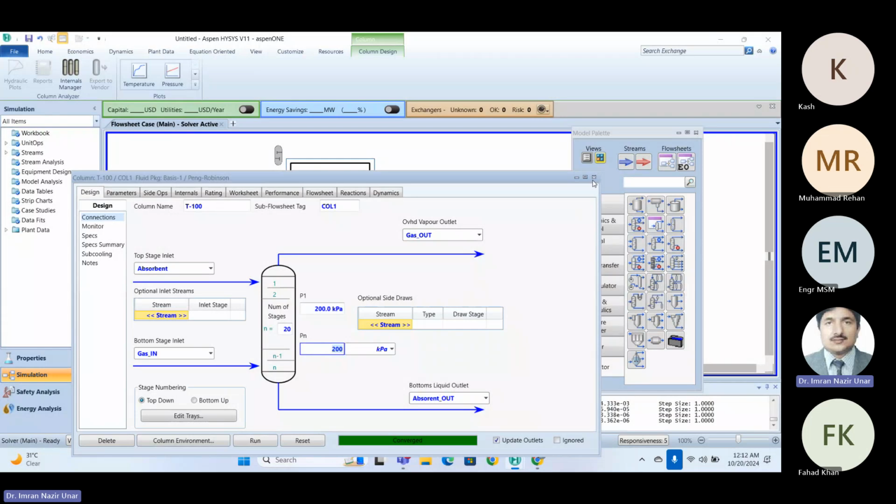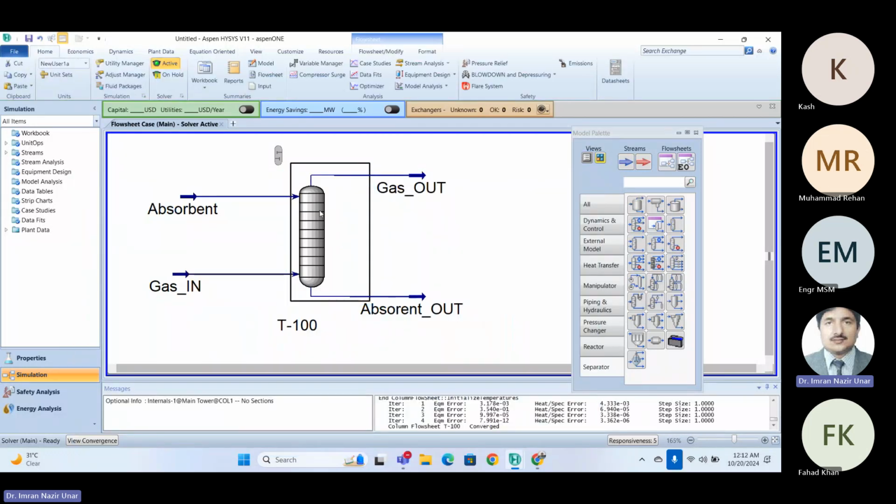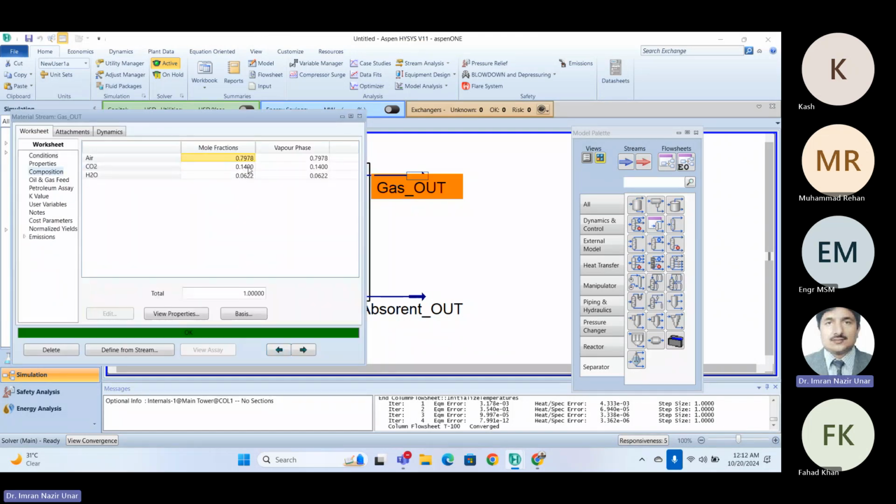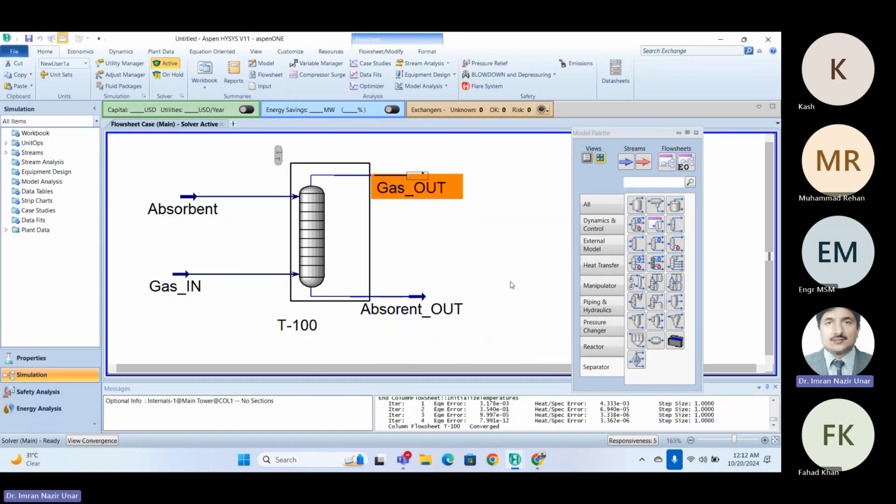Now we have increased the number of stages, meaning we have provided more contact area or more contact surface. So we see that almost 14%, a little bit of increase,